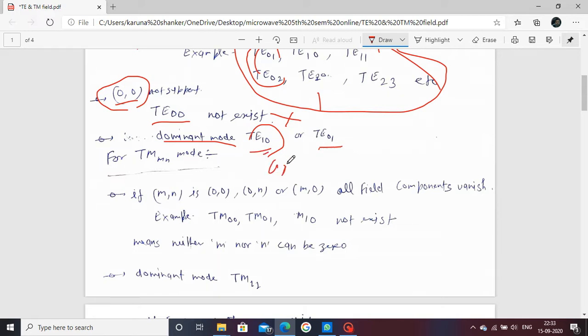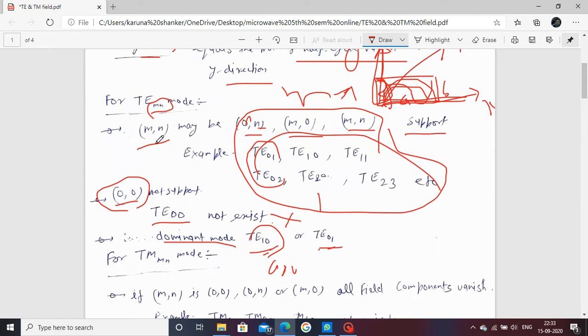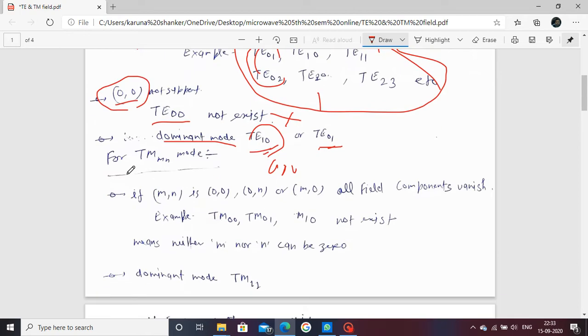When A is greater than B, we use TE10, and when B is greater than A, we use TE01. Now move to the next, the TM_MN mode. We have already seen, by putting in values, which field patterns are supported and not supported. Similarly, in this mode also,